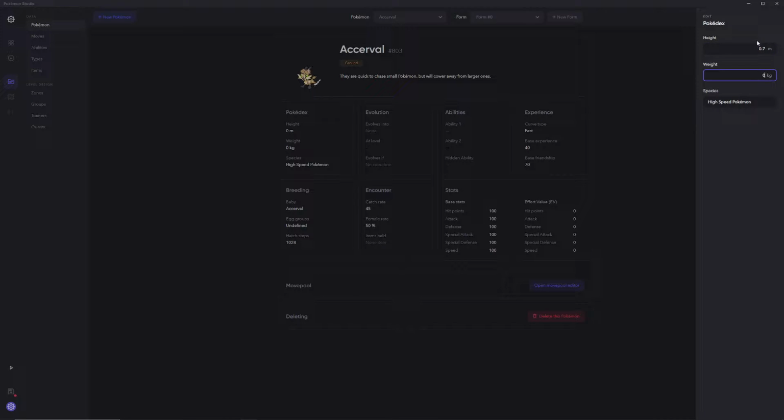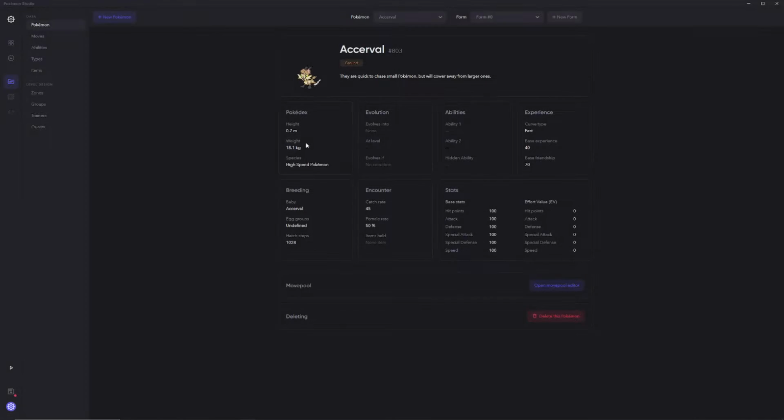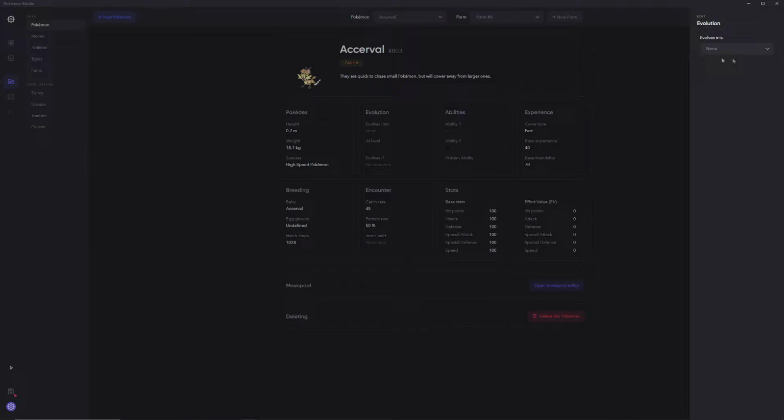Anyways, we're going to give it its height. Just pay attention; it is in meters and kilograms, not feet and pounds. So just keep that in mind when you are assigning the height and the weight. So just like that, we've just assigned the height and weight to our Exserval. Really easy. Now, if we wanted to give it an evolution,